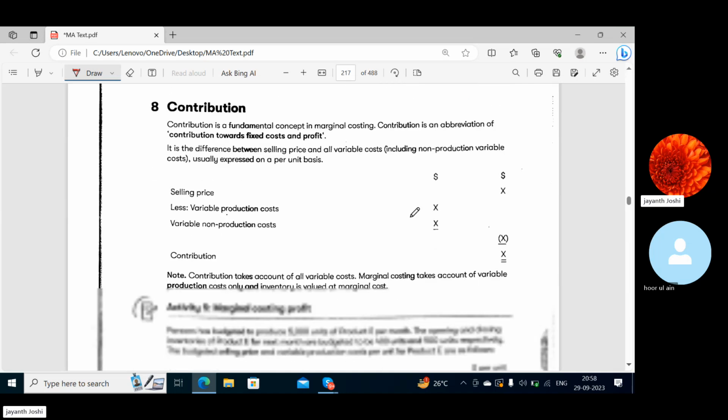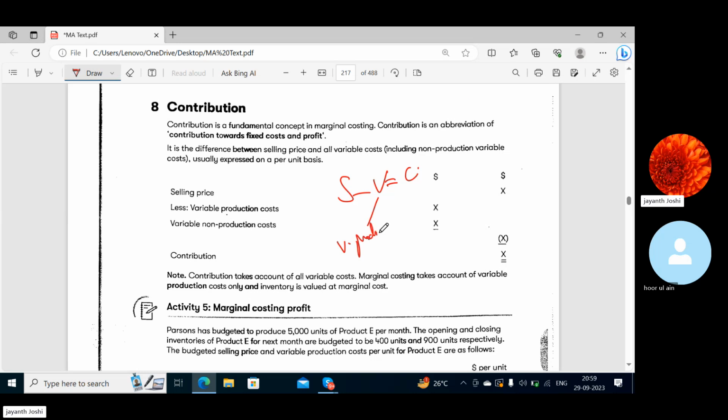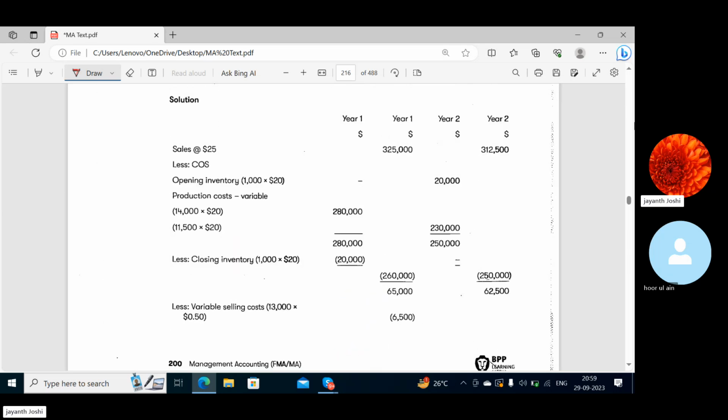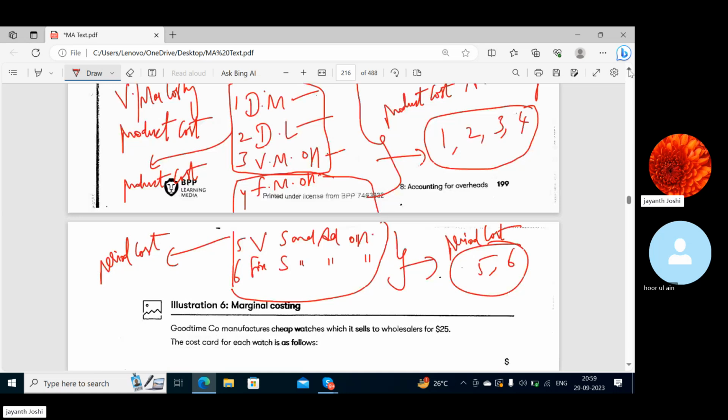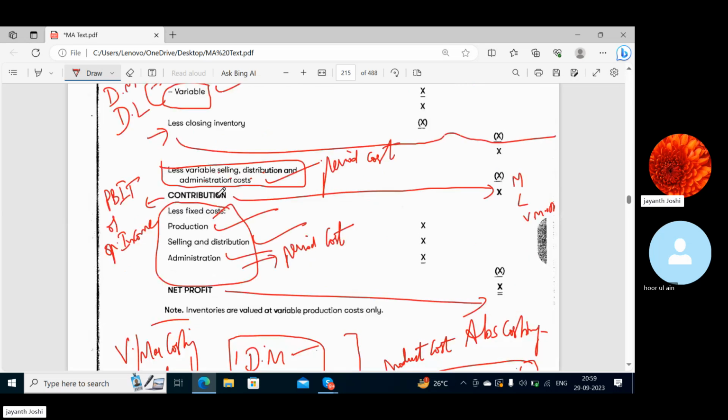And contribution I already explained to you. Sales minus variable cost is contribution. And here under variable cost, what are we taking? Variable production cost. See, contribution you will get when you subtract all the variable cost from sales. All the variable cost. Okay. Now don't take it like, sir, the statement was something. No, don't consider it statement wise. Okay. Here the contribution what we have taken,